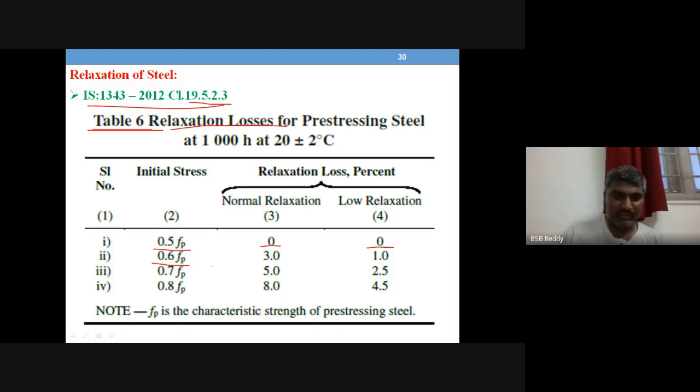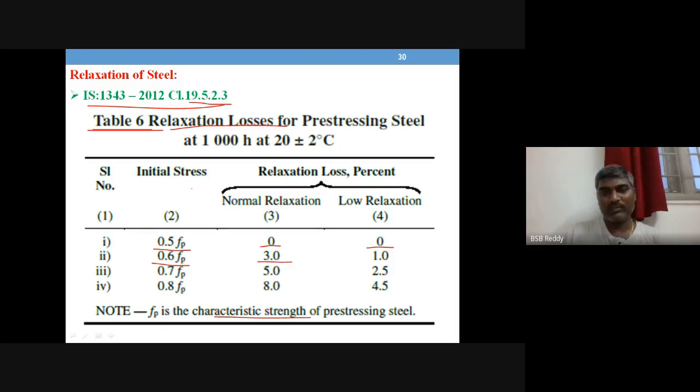And if it is 60% of the characteristic strength of steel, so for example, if 1000 is the characteristic strength of steel, and you are inducing only 500 megapascal, relaxation loss is zero. If 60% stress is induced in this tendon, then there will be loss, and that is how much you lose, 3% of the initial pre-stress